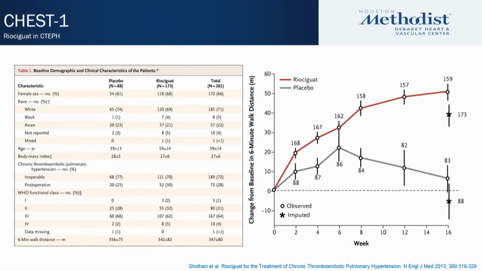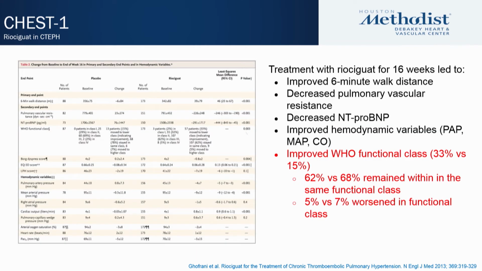Patients were excluded if they were already on other medical therapy. As you can see here, riociguat really improved patients' 6-minute walk distances, decreased their PVR, decreased their NT-proBNP, and every hemodynamic variable improved with riociguat, which led to the approval of this medication for patients with inoperable CTEPH or residual PH after